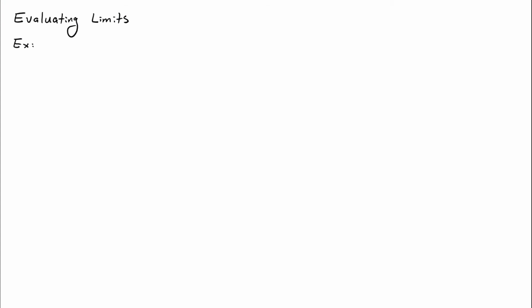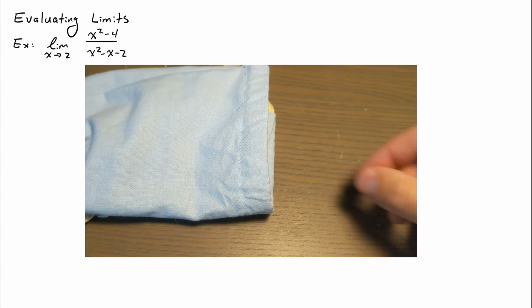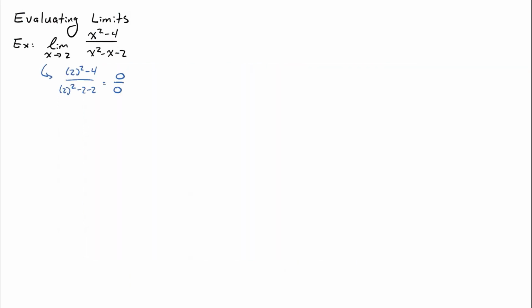Here's an example. The limit as x goes to 2 of x squared minus 4 over x squared minus x minus 2. At the moment, you only have one trick in your bag. Plug in the limit and see what happens. Plug in 2 and we get 0 over 0. It looks like our trick failed as this is not a number, but really it just tells us there's a